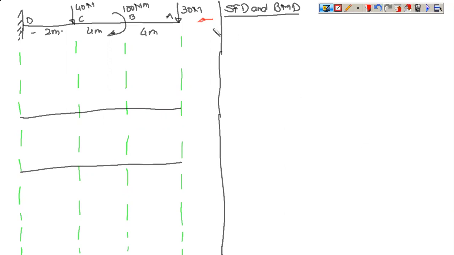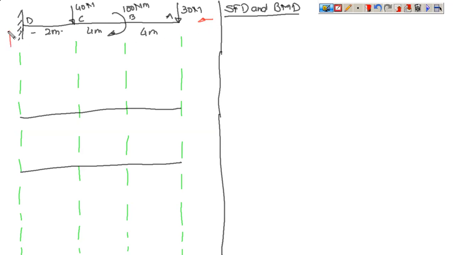Okay, that is a wrong practice. You will get a mirror image of the actual shear force diagram just in case you try to reverse the beam. Okay, there is no change in the bending moment diagram observed if you reverse the beam, but it is something which is wrong in practice. So if you are going from right to left, obviously the sign conventions get reversed.